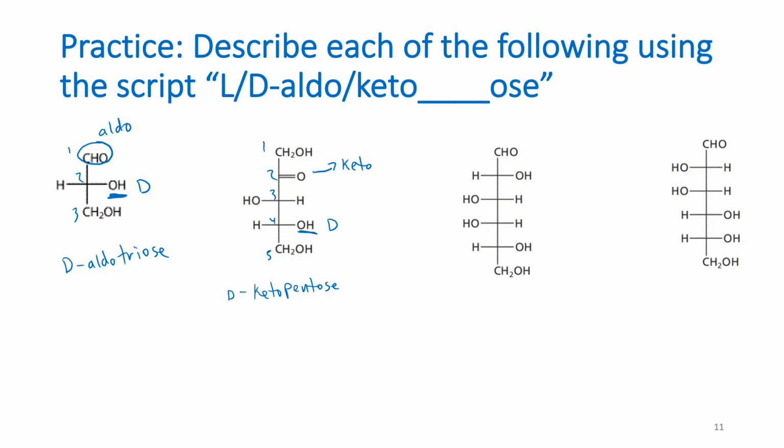So there's your answer. If you look at this one, that's aldo, because it has an aldehyde there at the top. 1, 2, 3, 4, 5, 6. So you know it's hexose. L or D? That last chiral carbon's OH is on the right, so that's going to make it D. And then again we have aldo. 1, 2, 3, 4, 5, 6. So it's an aldohexose. Last chiral carbon, that OH is on the right, so it's a D-aldohexose. So be practicing those. They are going to show up on your next exam and potentially Friday's quiz.